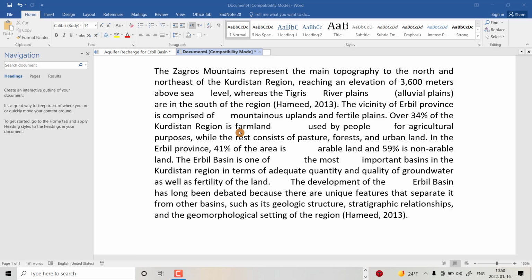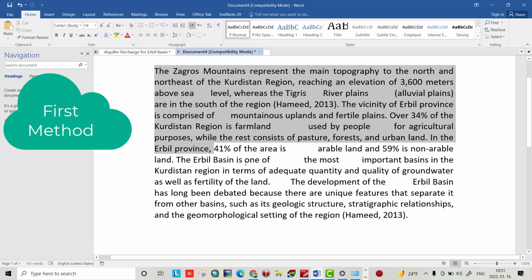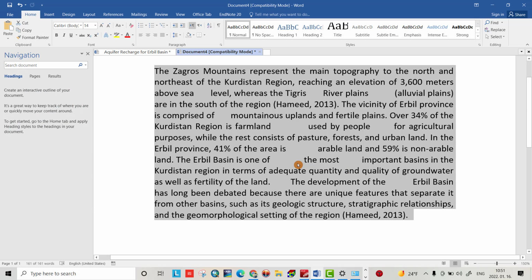Hello friends, today I want to show you how we can control extra space between words in a Word file. I use different methods. In the first method, just select the paragraph where you want to remove extra space between words, then